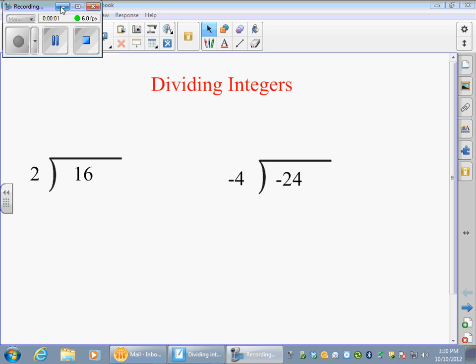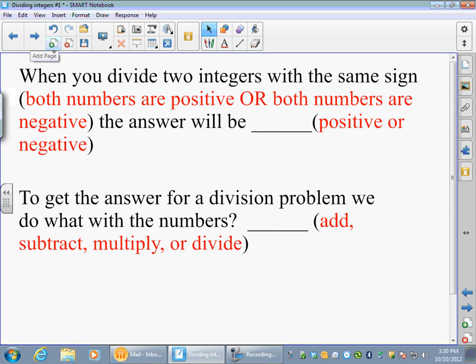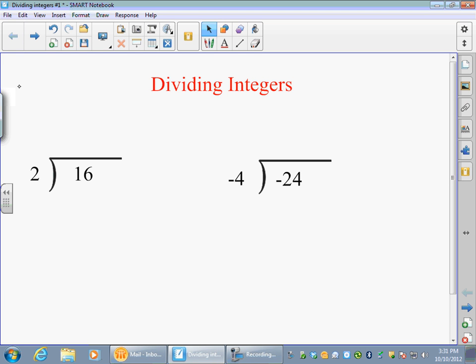Okay, now we are on to dividing integers. So we're going to start with dividing. And again, when we're doing the dividing, we're doing the same thing we did with adding, subtracting, and multiplying. We want to answer the same questions, come up with these rules. We want to know, what is the answer going to be? Is it going to be a positive or a negative? How can we tell? And the other thing we want to know is, what do we actually do with the numbers? Okay? And so for the dividing, we're going to use these two problems to help us figure out those